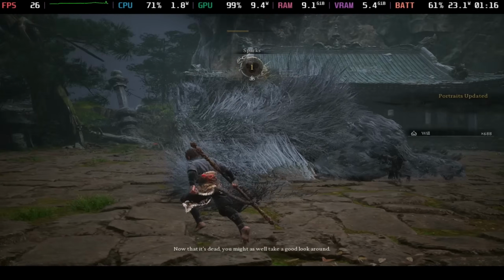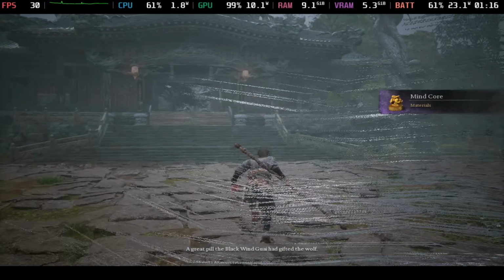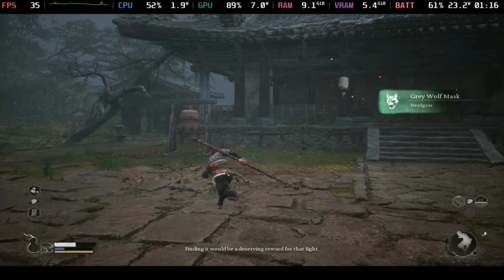You might as well take a good look around. A great pill, the black-winged guide gifted the wolf. Finding it would be a